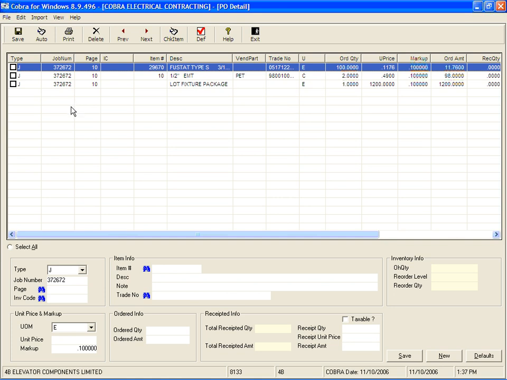So the idea here is that as you receive the items, they can be receded to their destinations, in this case to this job number. Now you can receipt either manually, or you can auto receipt your items by clicking this button. But before we do any receding, I do want to show you something really quickly that you want to look at, and that is the PO defaults. I'm going to click the defaults button on the toolbar